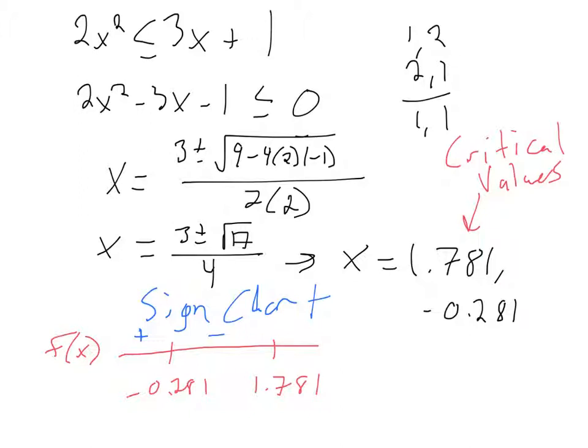And if we plug in 2, we get +1, so that means that all of the y values to the right of x equals 1.781 for this function are positive, meaning the function is above the x-axis, and this is not true. It's not less than or equal to 0, the y value here. And so looking at the sign chart here, the only interval over which this is true is this interval right here, -2.81 to 1.781. That's going to be a closed interval because we're talking about less than or equal to here. So it's going to be -2.81